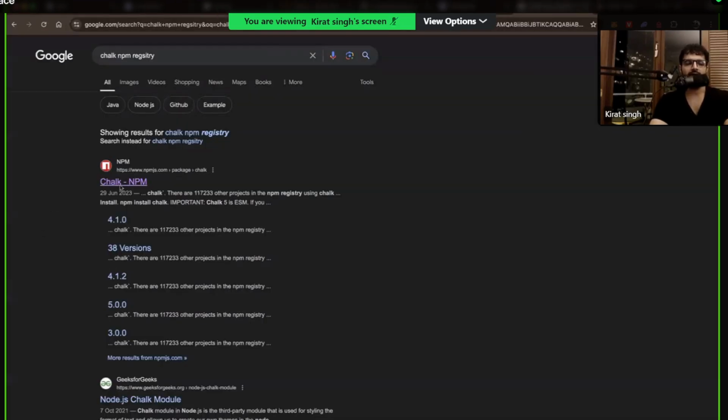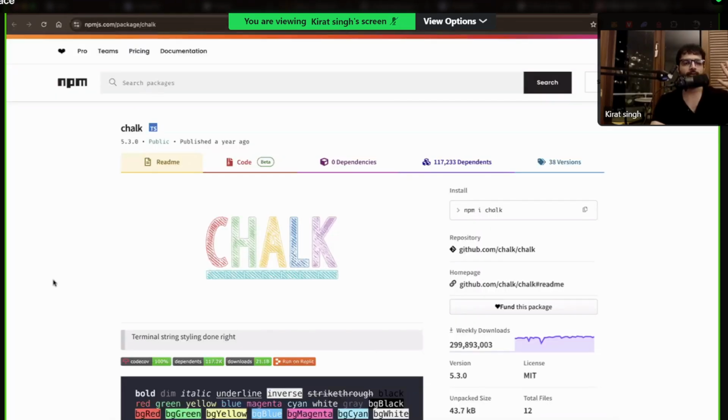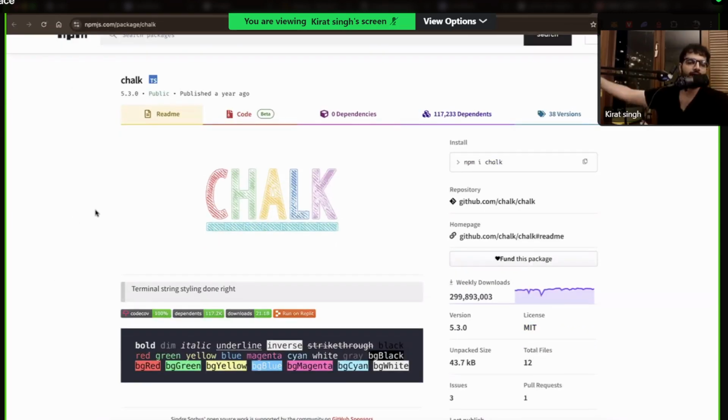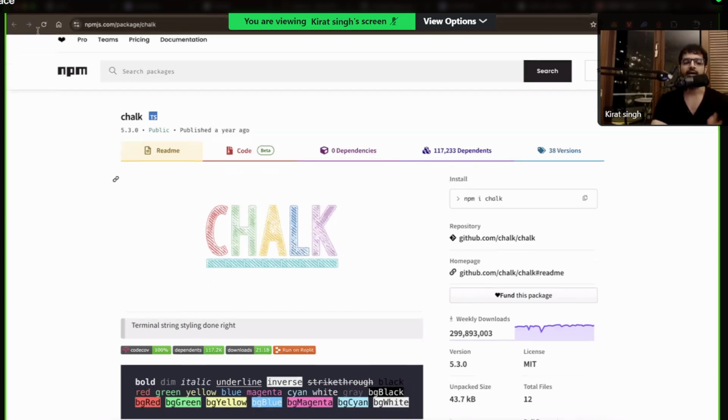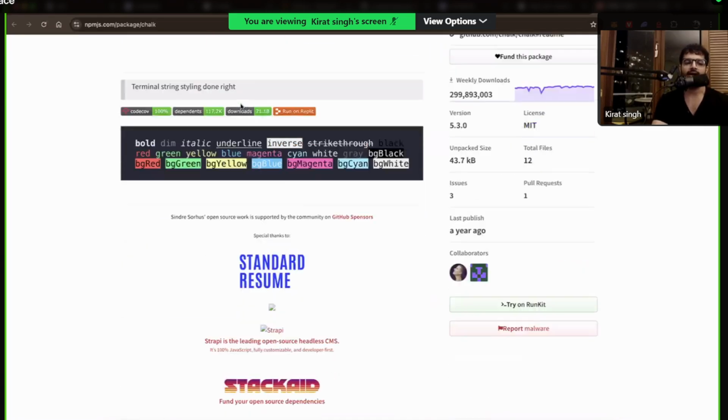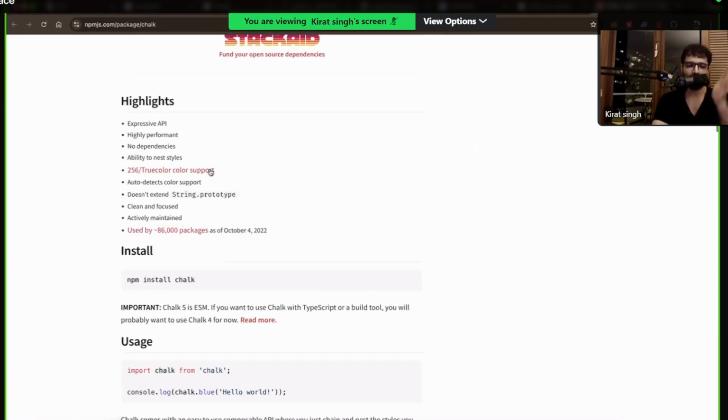I'm looking at the page of this chalk library. Whenever you install any external library, you can see it somewhere, not GitHub in this case, but the npm registry. I just came to this npm registry. What is the npm registry, Harkirat? A place where people register their external packages. If you create your own external package in the future, you can also deploy it over here. The chalk library, this is what their page looks like.